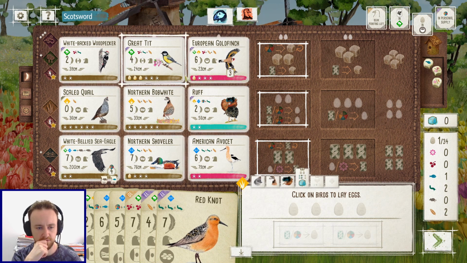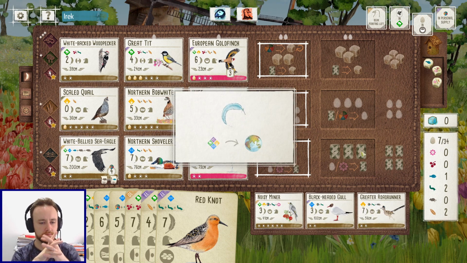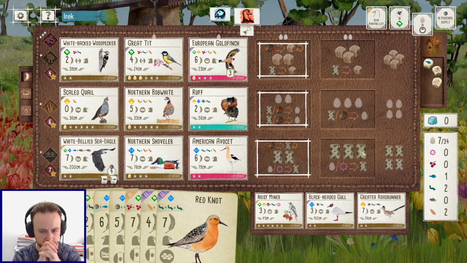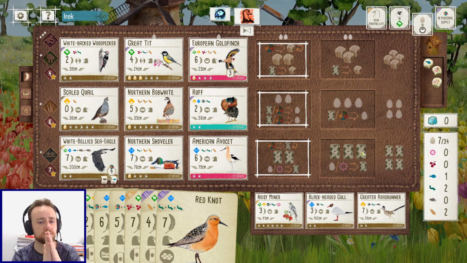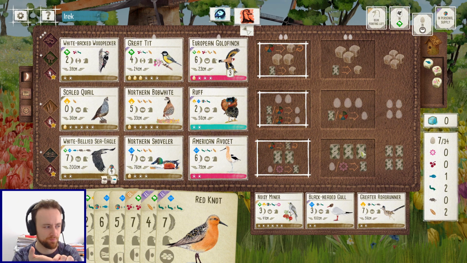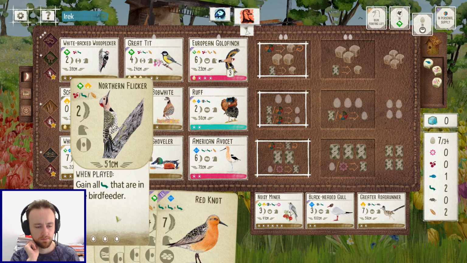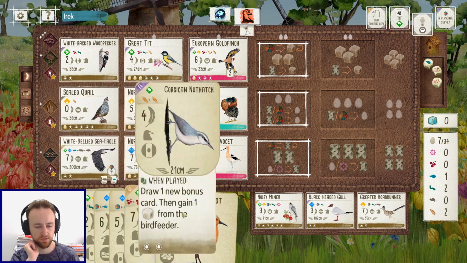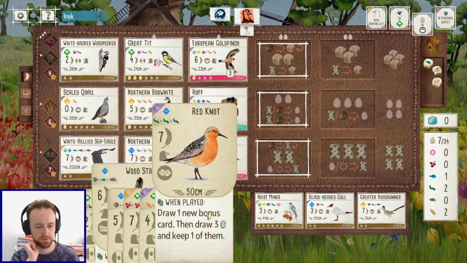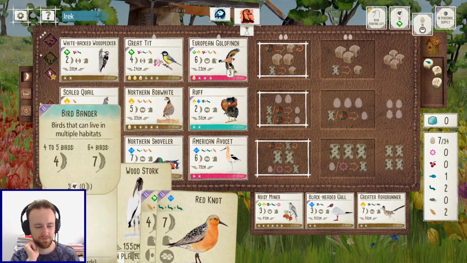Keep the fish, because we might need it for the Woodstock. Okay. So we've only got 5 turns left, so let's think about this. Lay eggs once more. Play the nuthatch. Take food. Play hornbill. Oh, we've only got... I shouldn't have thrown the food, I don't think. Definitely want to play the hornbill. I mean, I guess we just play Woodstock then. Unless we can get something better than the...